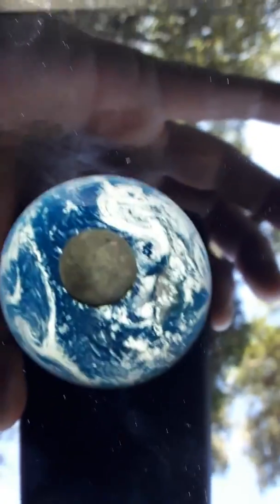We're doing an experiment here, but look how close the Earth is to the moon there. And this is the dark side of the moon. Now, this is much better. Okay, so now watch how close, as it goes around, the moon is to the Earth. It barely clears it. Now you can do this experiment on your own. You just figure out,